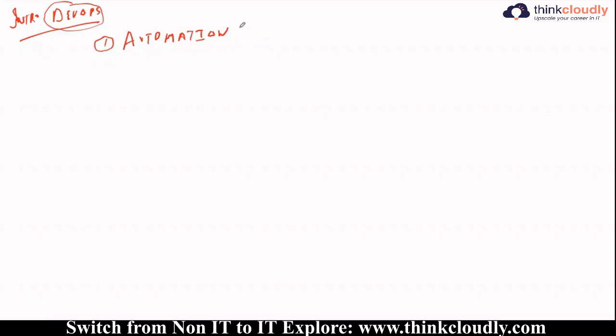If you understand this, in the entire Terraform session, what are we going to do? We are going to learn how to automate. And what are we going to automate? I will let you know. But DevOps means that you would like to automate something. DevOps is another name of automation engineer. So if someone says DevOps engineer, it is actually another name of automation engineer. I'll tell you how.